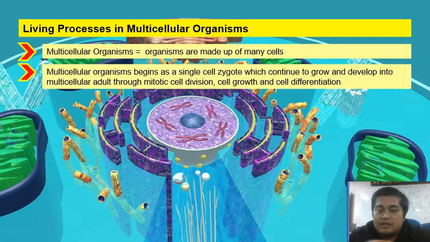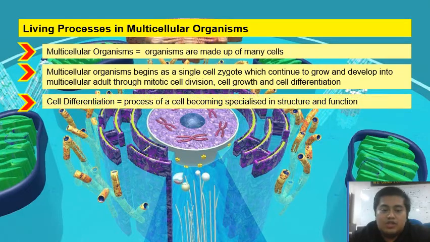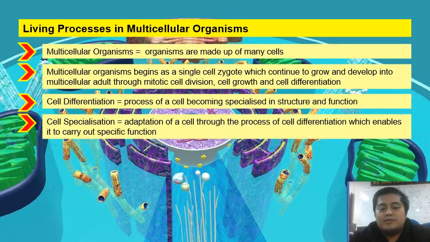So multicellular organism begins as a single cell zygote which continue to grow and develop into a multicellular adult through mitotic cell division, cell growth, and cell differentiation. So what is cell differentiation? So cell differentiation is a process of a cell becoming specialized in structure and function. So apa pula cell specialization? So cell specialization is an adaptation of a cell through a process of cell differentiation that enables it to carry